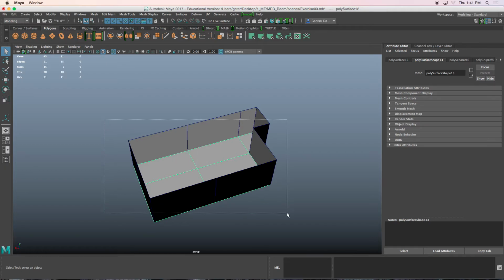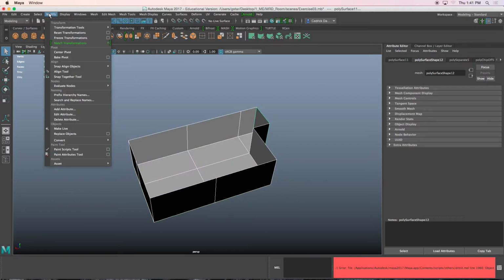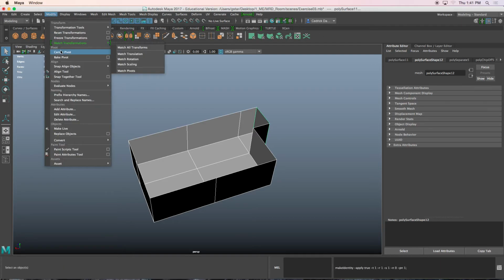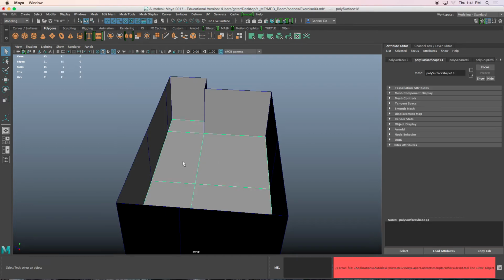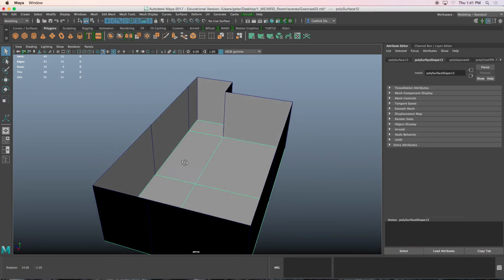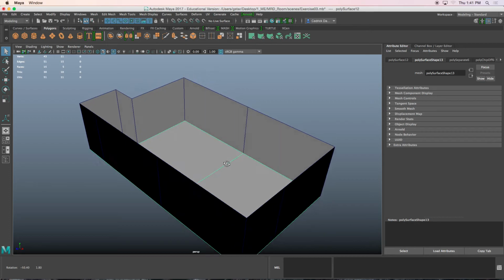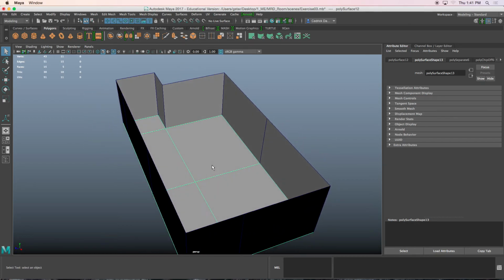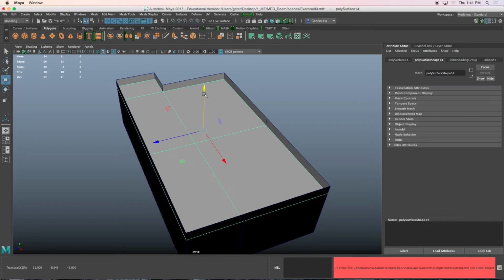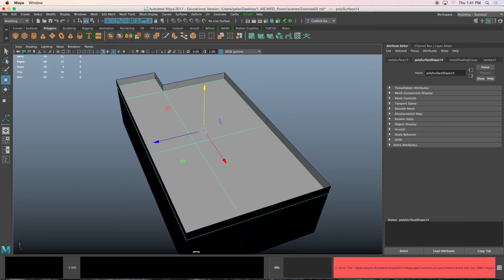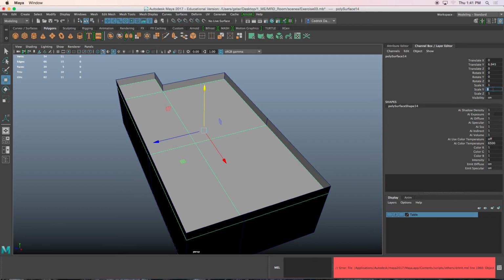Now, highlight everything, modify, freeze transformation, modify, center pivot, and we can take this particular piece of geometry here, which is our floor, duplicate it, I'll move it up, I'll go into my channel box editor, I'll change the scale Y to -1,